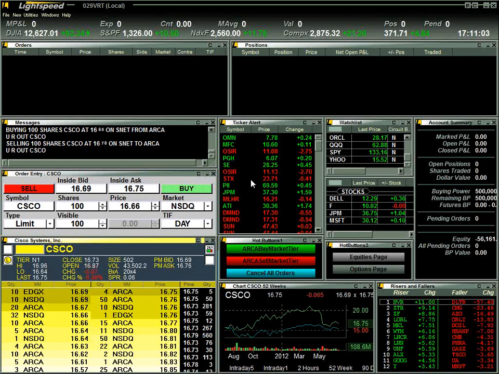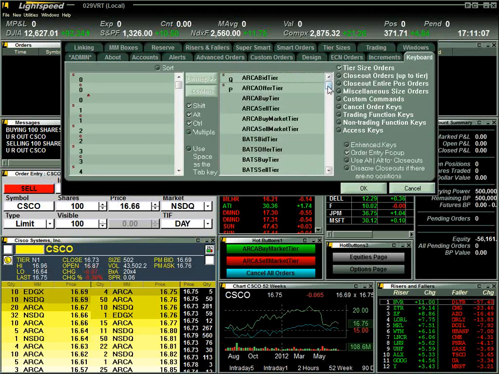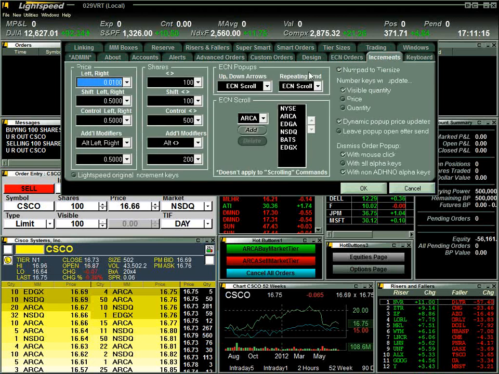Now, one other neat thing that you'll see as we were in the configuration settings for the keyboard: since there are so many different venues and different orders that you can send, to simplify it, there is an easy way, which I have set up already here. It's under the Increments tab in the settings under ECN pop-ups. That ECN pop-ups is that window that I had set up once I hit the Shift Q, and it brought up my